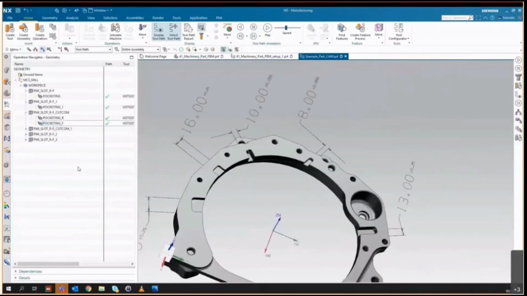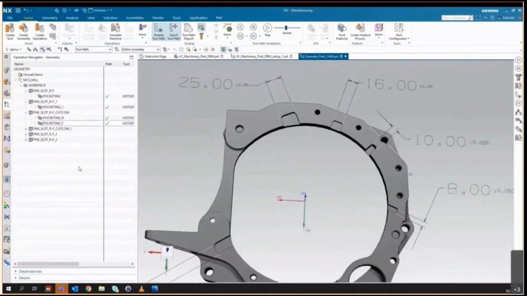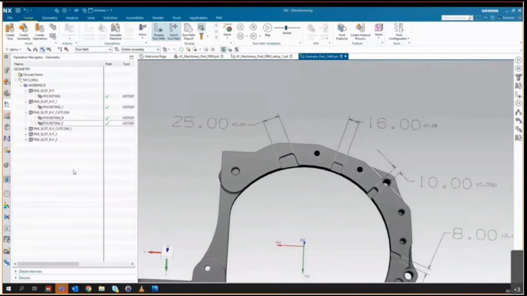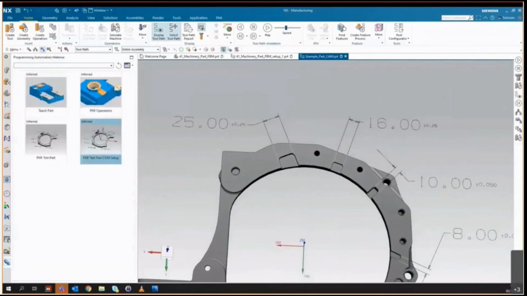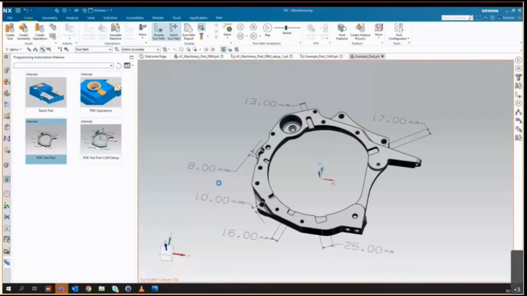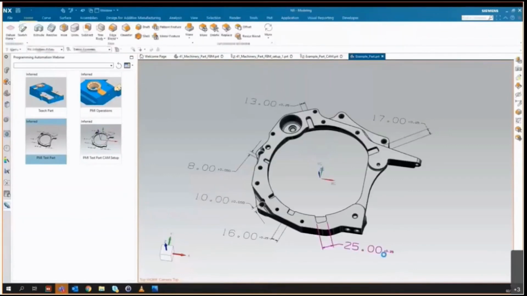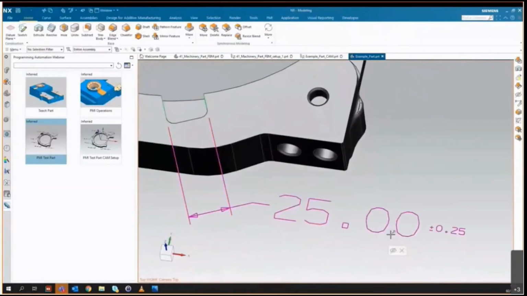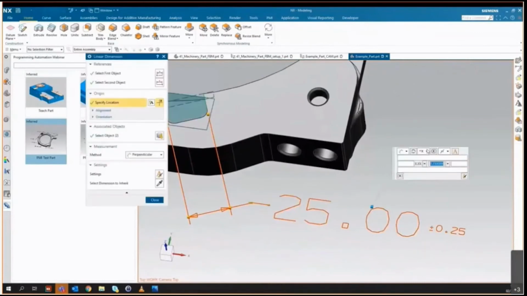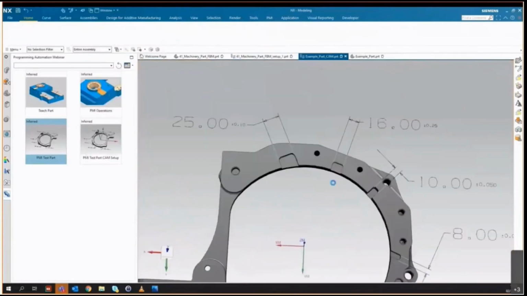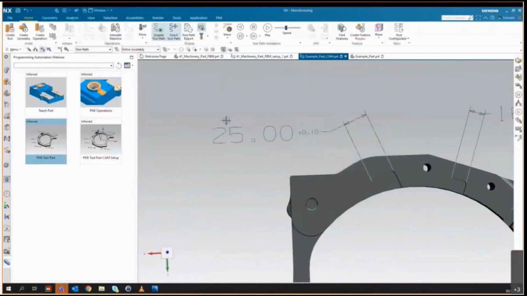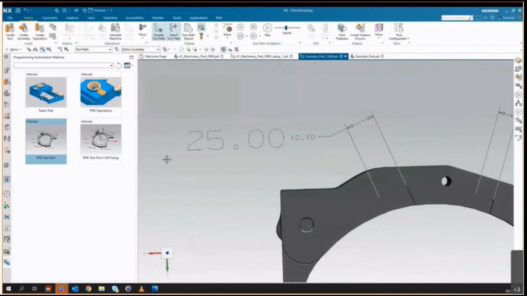Okay, so I suppose the final thing to show before I close is, again, let's make a change. So let's just prove that by updating the tolerance on that 25 mil slot, again, jumping into the design part, we'll automatically update the feature processes that are selected that are driven by the PMI. So let's make this plus or minus 0.1. Let's put it right on the threshold of that rule of less than or equal to 0.2 and rerun the feature finding.